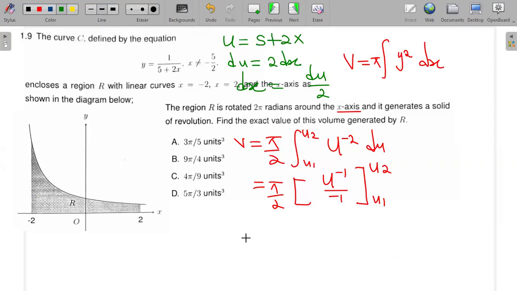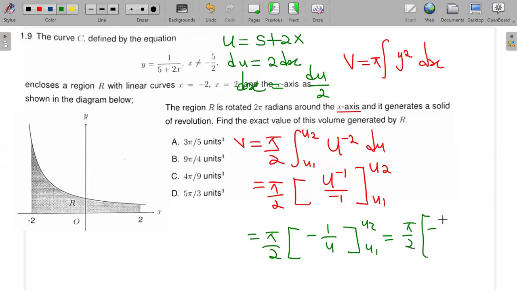Okay, so simply meaning that we are just having pi over 2. Then inside there, it will just be minus 1 over u. Okay? And then I have u2, u1. So I can put back my u. So what is my u? So this is pi over 2, minus 1 over my u was 5 plus 2x. Okay, so once I bring back my x here, it means I can bring back the original limits that I had, which was from minus 2 to 2. So that was minus 2 to 2. And then I just